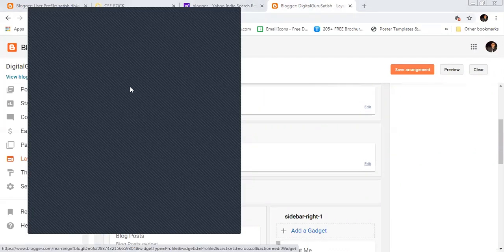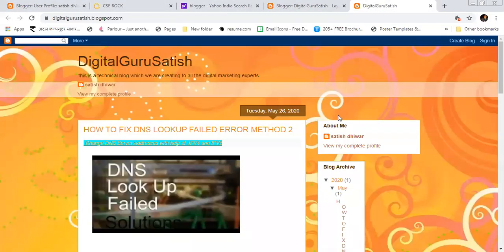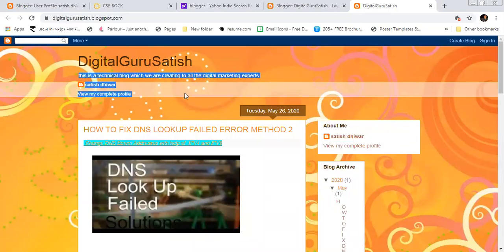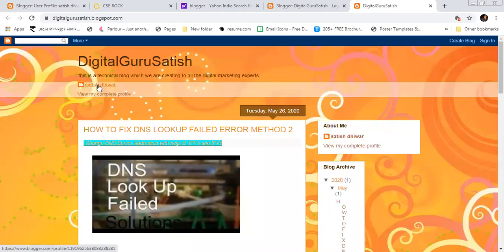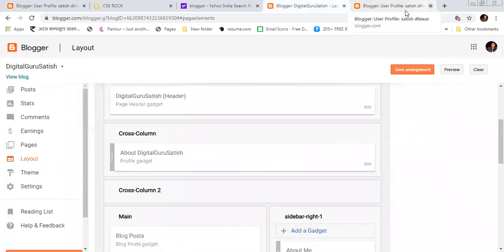So again, configuration file, show location, save, save arrangement, view blog. We are pasting all the details here. Satish Divar. Now that will redirect here.